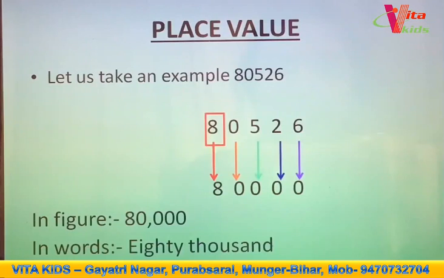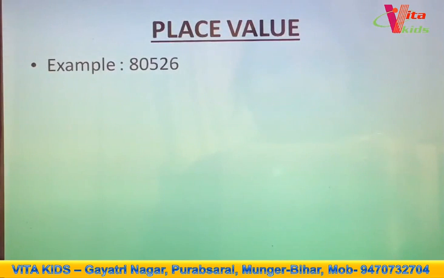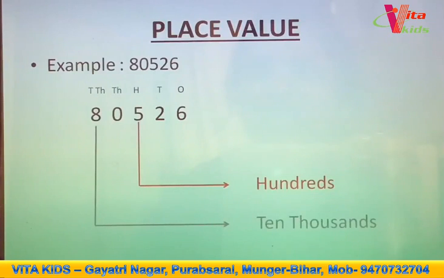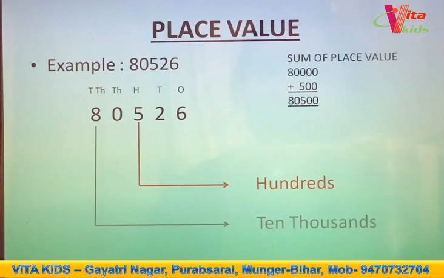Now a twist with place values. The same example, let me split it up and write. Its place values I'm writing on top. Now if I ask you to find the sum of place values at 100 and 10,000 place, how will we do it? First let us identify what is there on hundreds place. We have 5. And what is there on 10,000 place? We have 8. So we have to find their place values first. So 80,000 and 500. Now we have to find the sum. 80,000 plus 500. Sum is going to be 80,500.